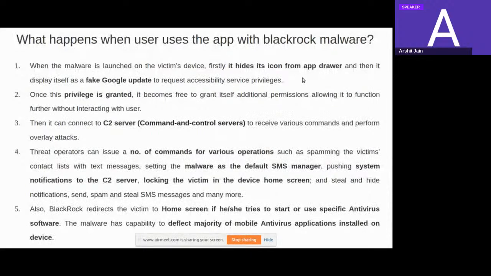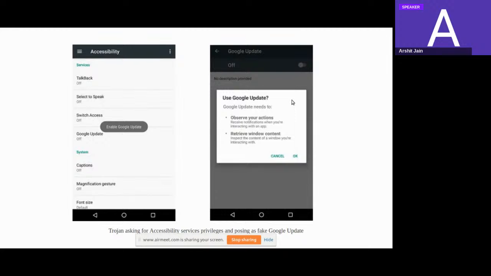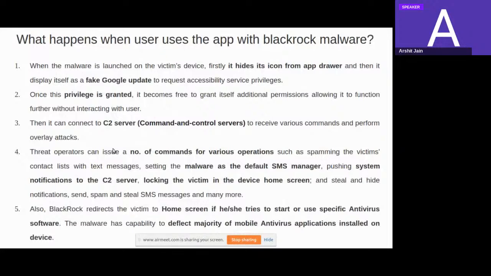So what happens when a user clicks on an app that has BlackRock malware installed in it? First of all, it hides the icon from the app drawer, and then it displays itself as a fake Google update. Here you can see a pop-up saying you should update your app, and in the background it requests accessibility service privileges. Once you provide these privileges, it becomes free to grant itself additional permissions